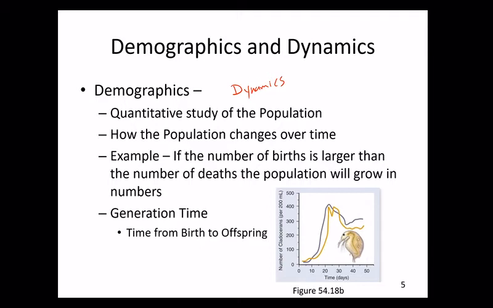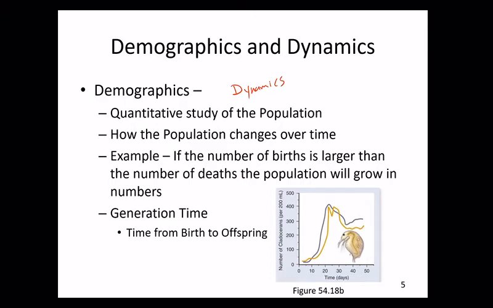And I'll give you an example. So when we talk about changes over time, we're talking about the number of births and the number of deaths within a given population. If the number of births is larger than the number of deaths, then the size of the population will increase over time. And we could say vice versa with the number of deaths being greater than the number of births. And so it's this idea that there is this constant interaction with the environment that's changing the population both in size, number, and in geographic range.